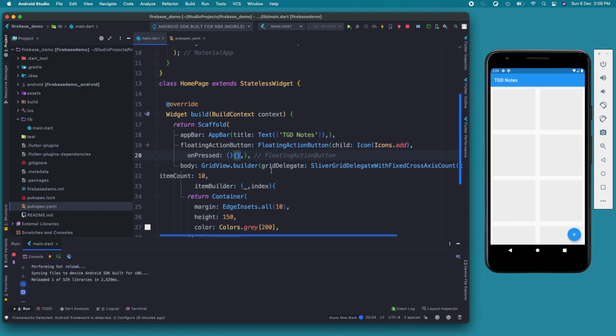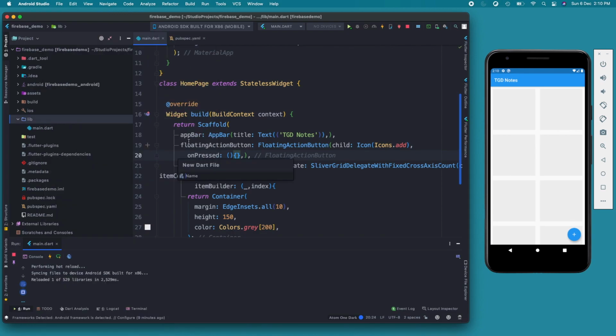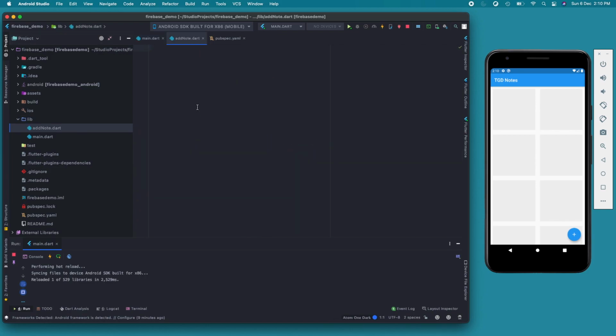So on press of it, I should be taken to a new screen where I'll be able to add a new note, and there I should have some kind of title and the content. Okay, so let's quickly create 2 new files. Why 2? I'll tell you. So first file would be add note file. Let's name it as add note. Second file,